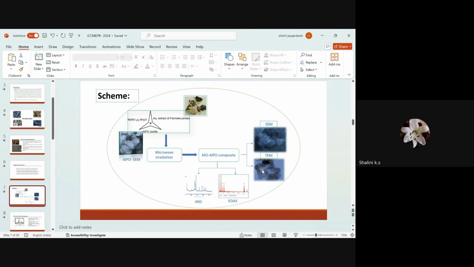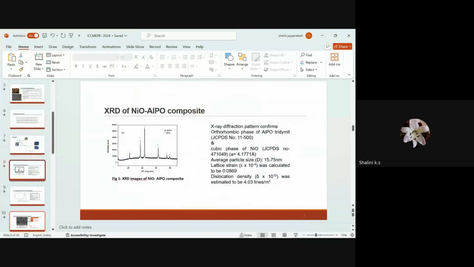We also did surface analysis by BET, and TGA, thermogravimetric analysis, was also done. The XRD of the nickel oxide aluminophosphate composite is as given here. The X-ray diffraction pattern confirms that there is an orthorhombic phase of aluminophosphate